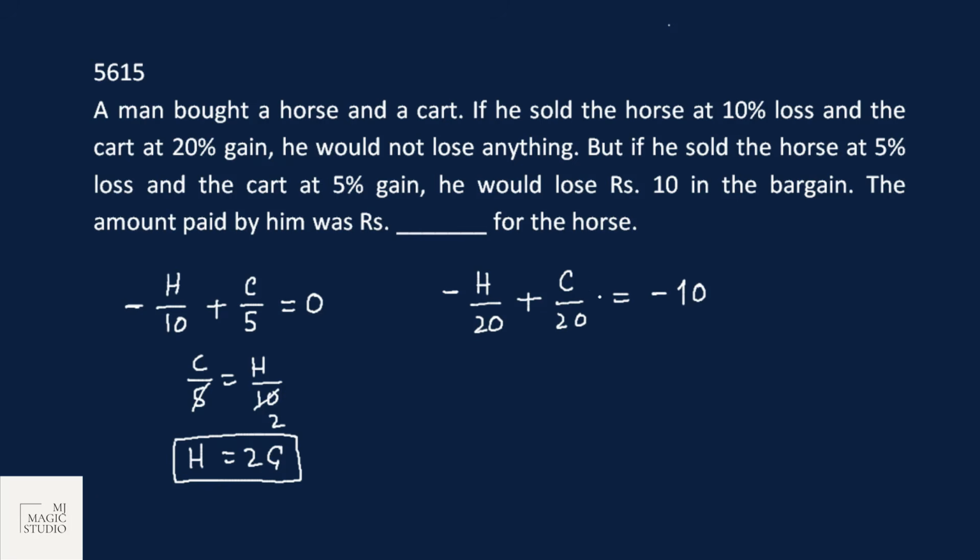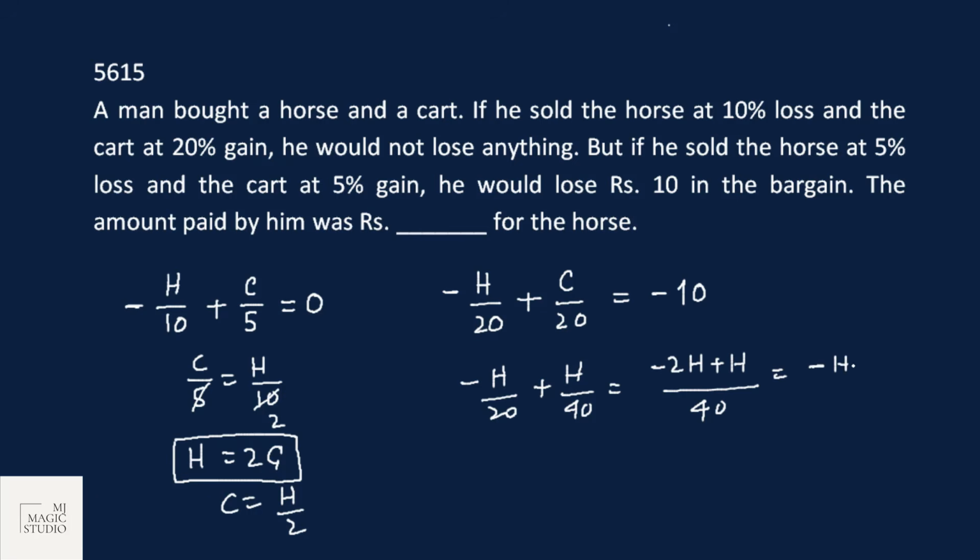Losing out from the horse plus gaining from the cart equals a loss of 10 rupees. Now we know h equals 2c. So what is the question? The amount paid by him for the horse. Okay, so c is h by 2. So minus h by 20 and c is h by 2 plus h by 40. This would be 40 minus 2h plus h, that is minus h by 40, equals minus 10, gone,